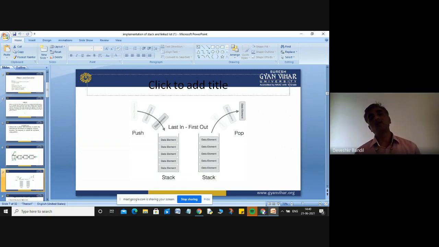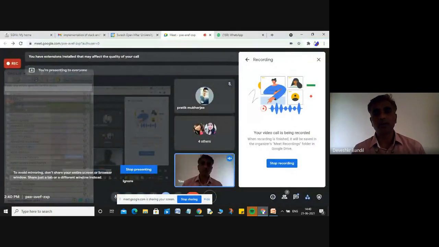So the coming arrow is the indication that you will insert an item into the stack, and the going arrow will indicate that you will delete an item from the stack. So your push operation is when you insert an item into the stack, and your pop operation is when you delete an item from the stack. Okay,